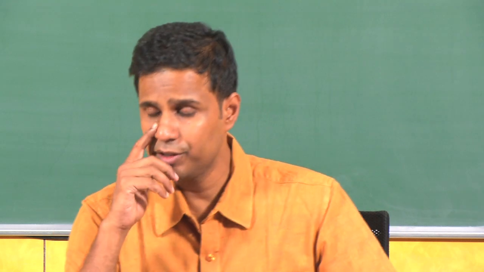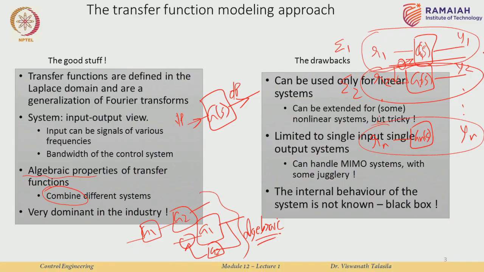So, this is obviously very tricky, and it can lead to really messy designs, and it is very difficult to really capture all the coupling effects, so on and so forth. So, that is another drawback. The final drawback, which is actually very important, is that the internal behavior of a system is not known. Remember that we just said that a transfer function is typically an input output view of a system. So, you give a signal over here, you measure the output of the signal, and that is all you are really concerned about. So, the transfer function then would be